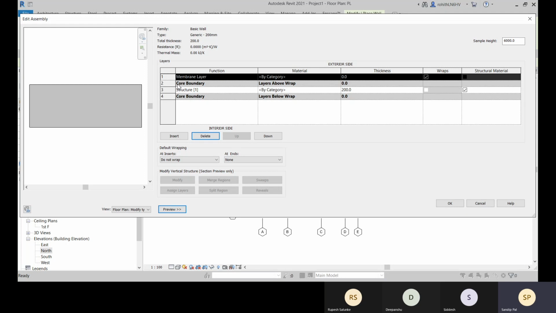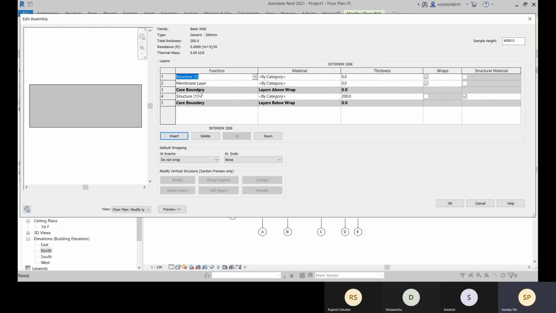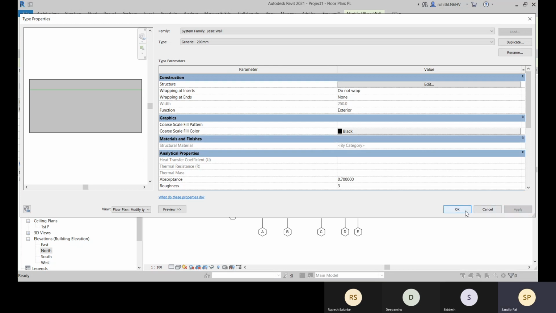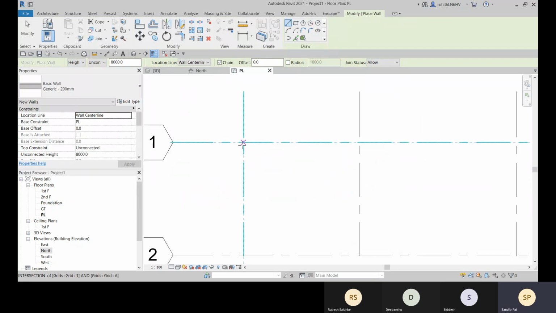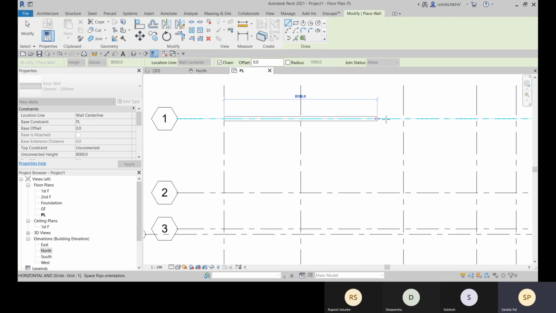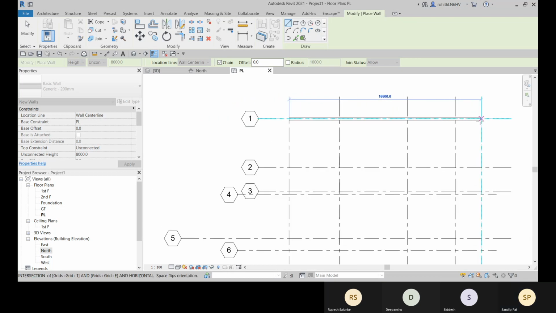Now let me delete it, or let's have it, so that I can show you the difference. Let's click on insert and finish one. Let's go for 50. Click on OK. Apply and OK. Now I'm going to show you the wall center line.